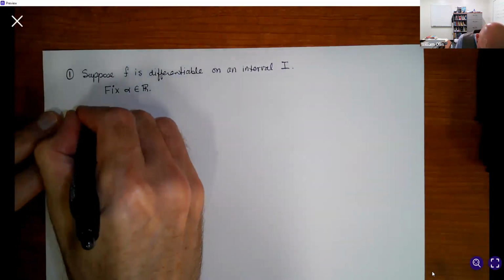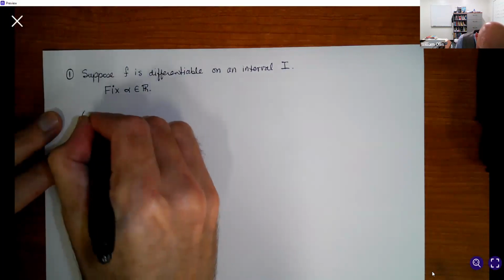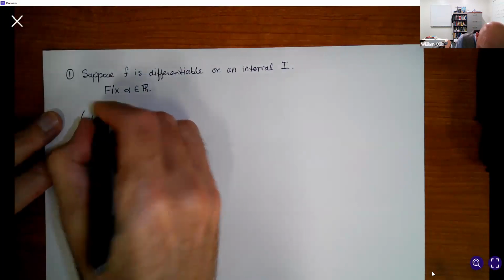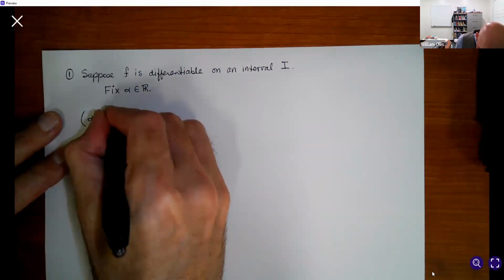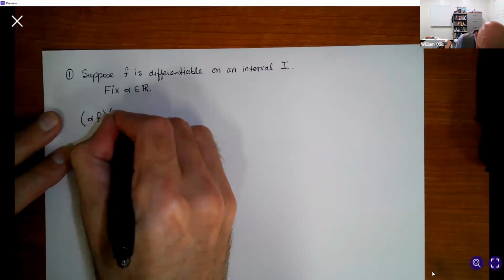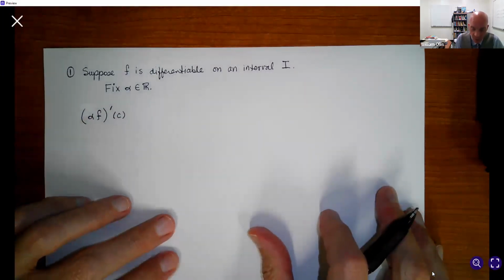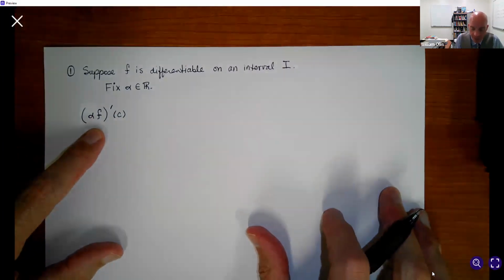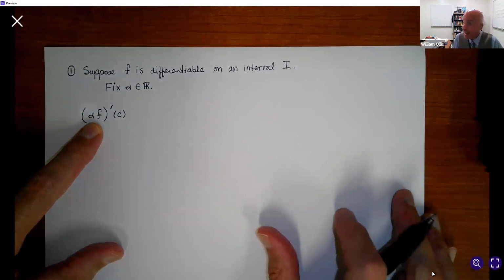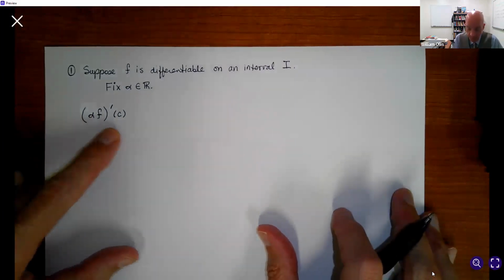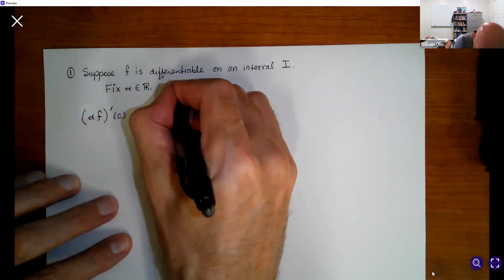We'll take the derivative of alpha times f evaluated at C. That's our definition. That's how we take the derivative of the constant times the function that has a derivative at C. So again, in order to do that, we'll also say take